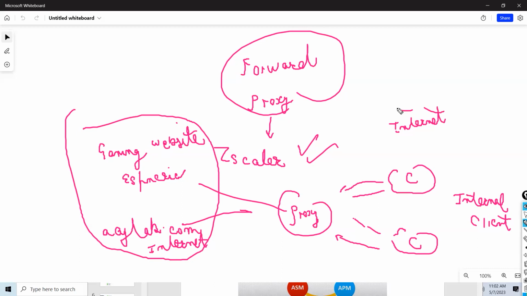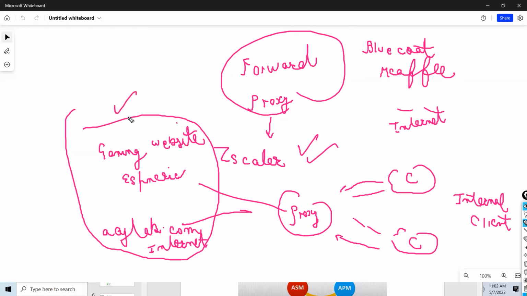So what is the advantage the forward proxy Zscaler is providing, guys? Anyone? Why do I need a proxy device here when an internal client wants to access any internet website? Anyone quickly? This is a very important question, guys. Why do I need a Zscaler or a Blue Coat or a McAfee device? So that I can apply protection.